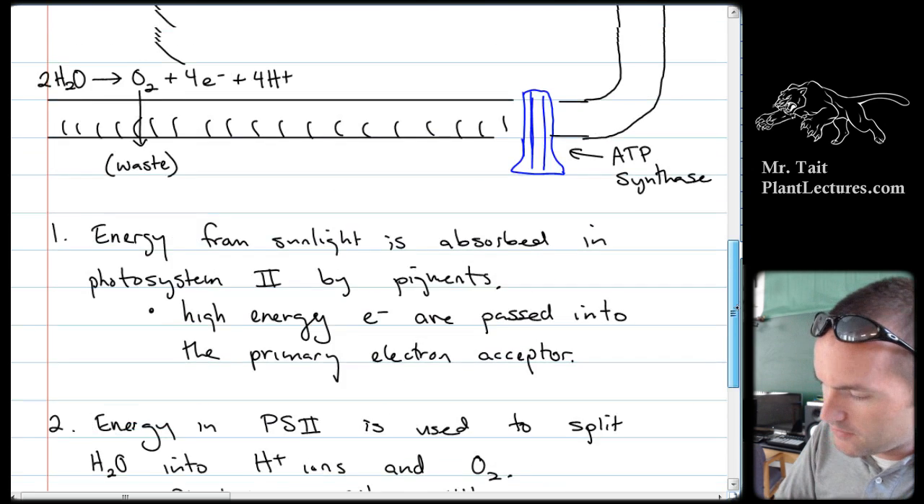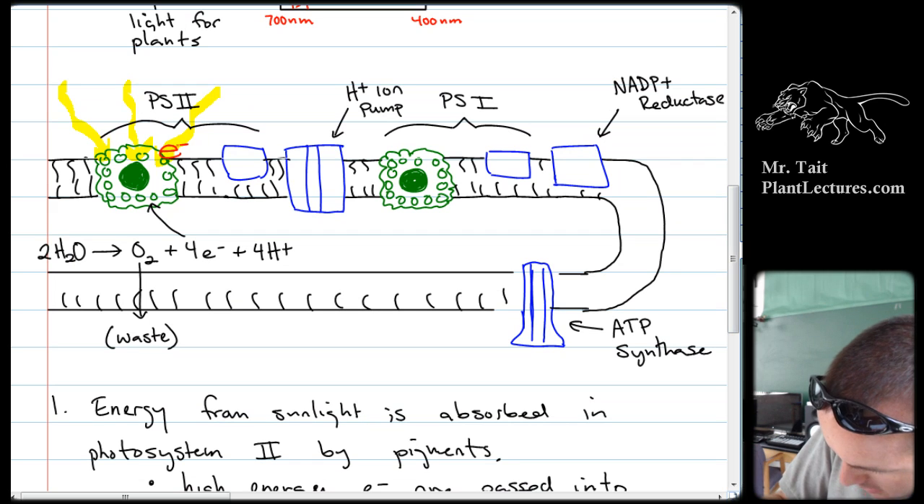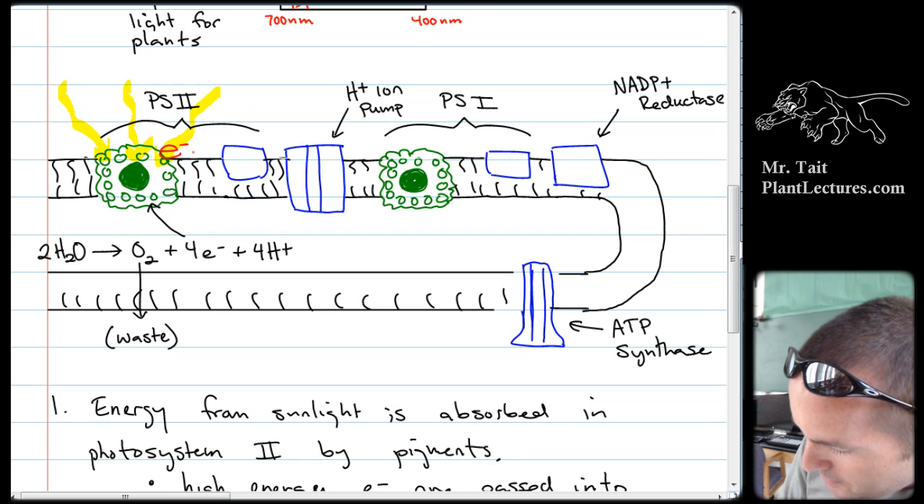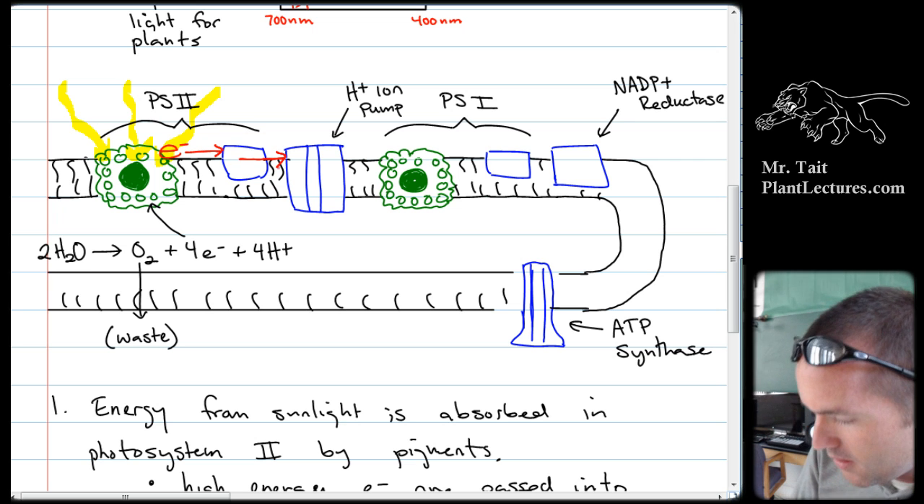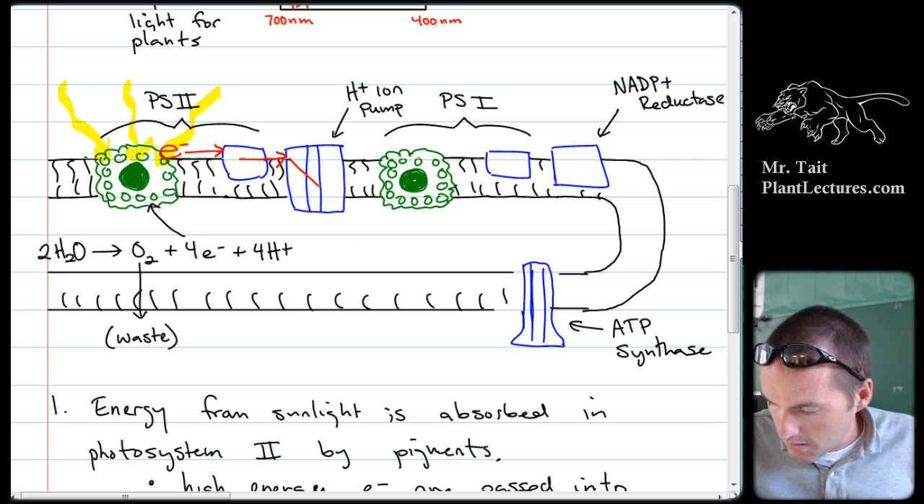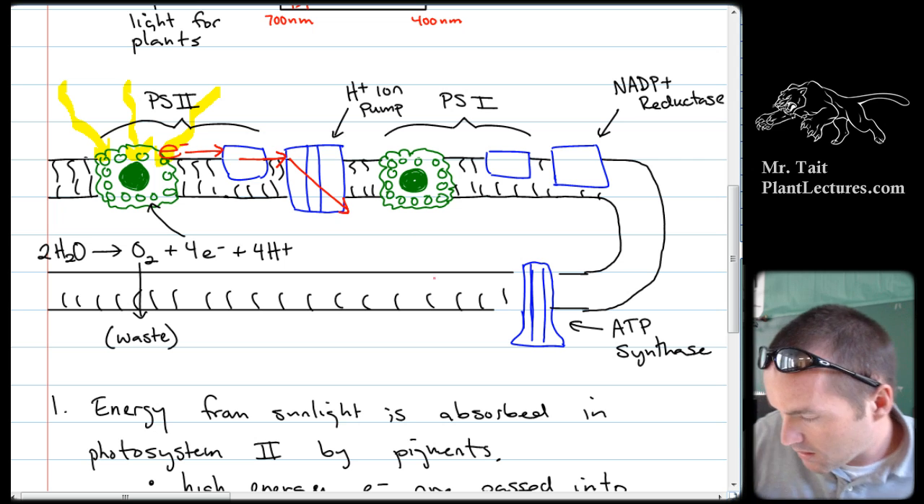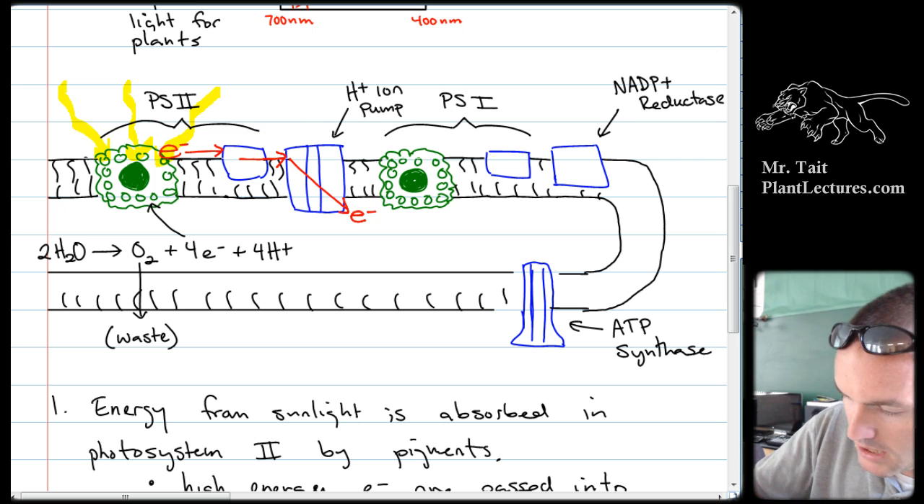Okay, so you've got high energy electrons here. This is going to be a high energy electron we're going to show. It's going to get passed over here to this. That's going to lower the energy slightly so that it's the correct amount of energy now to pass into the pump. Okay, and then the pump is going to use all the energy. The pump uses the energy, and it pumps an H plus ion across